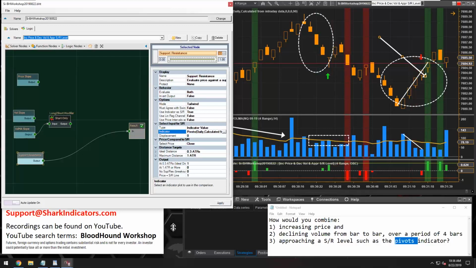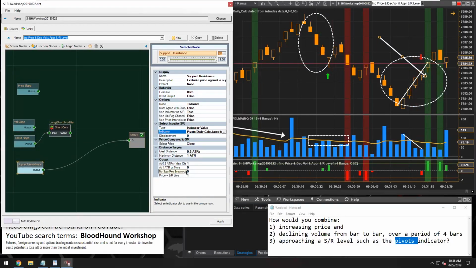And then next, what you need to determine is the distance. How close does price need to get to your support resistance level before you'll consider a bounce off of that level, right? Some kind of a range here, right? So we have an ideal distance and a maximum distance. So the ideal distance is, again, we have two distances here because